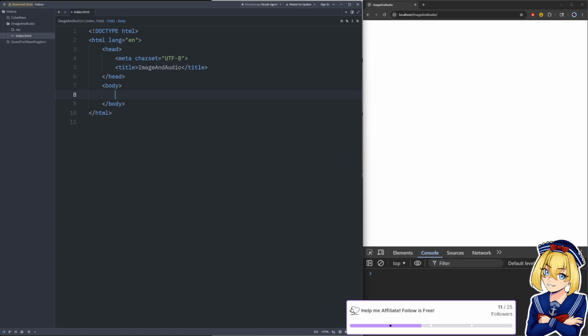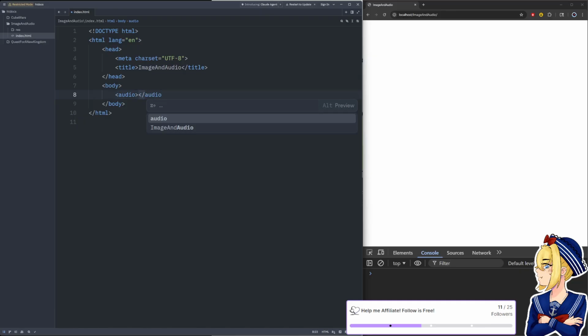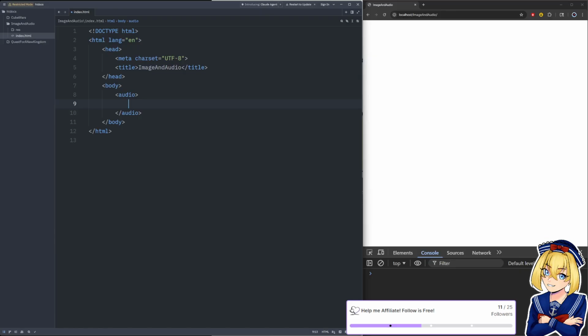Anyway, so we have a couple tags in HTML. I believe one is audio. And then we can do source. I probably should have looked this up before I did the stream, but source has a src. I fat fingered an enter button. We're gonna point it to this audio file that we did not put in here.